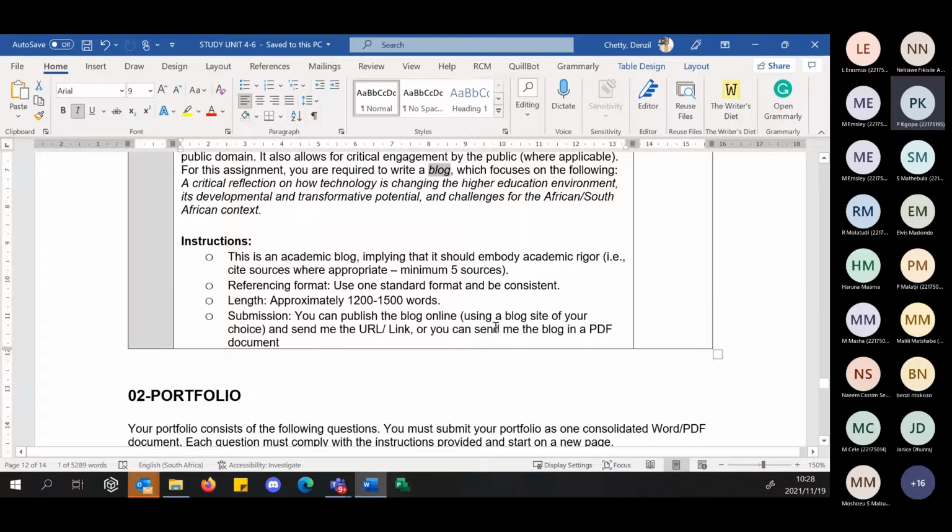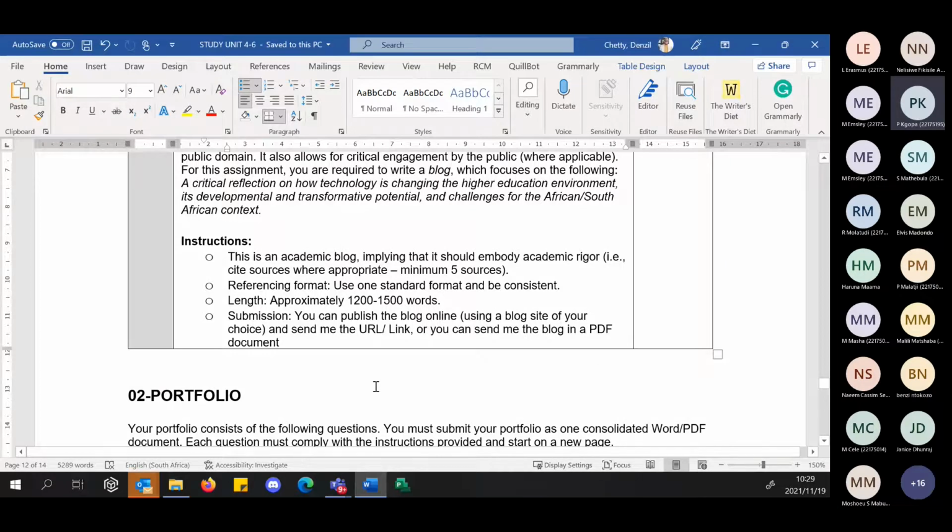Some of you published online on Facebook, etc., and sent the links. Very impressive. Well done, colleagues. Some of you just put it in a Word document. That's also perfect. A Word document or a PDF document was also perfectly fine, because I was assessing your writing style of a blog, and I gave you a few examples of blogs that you can look at. I went through a few that were emailed to me. I see some of you emailed me, and there are about 5 or 6 that put it up on the link.